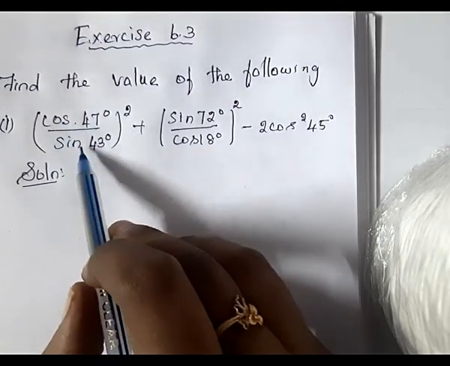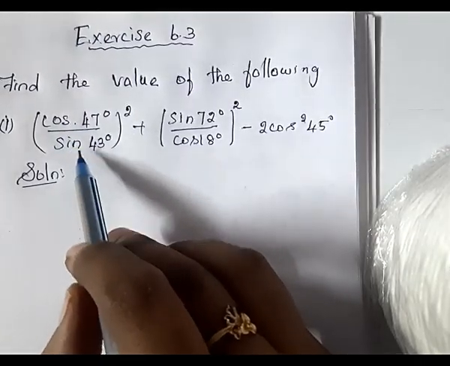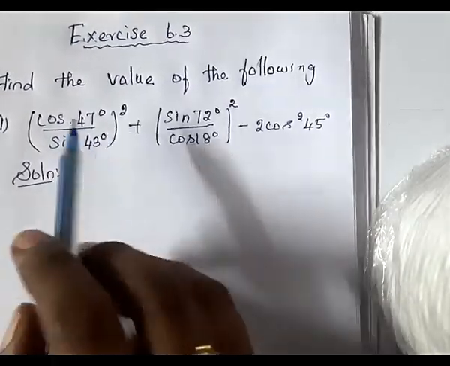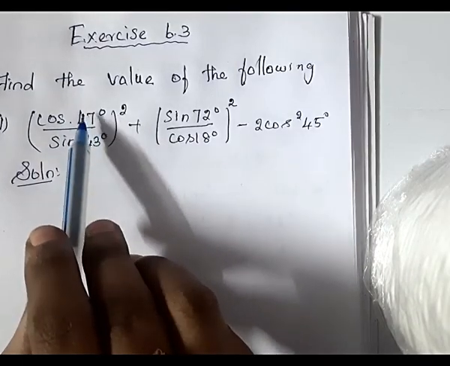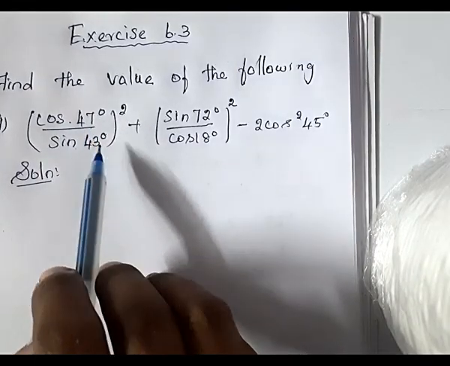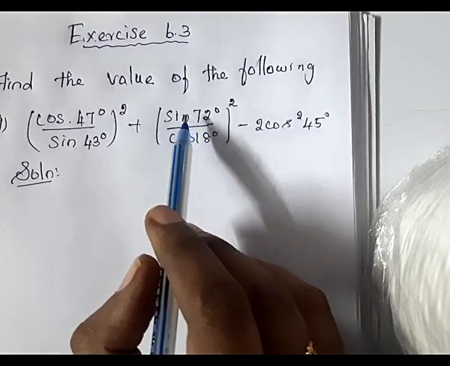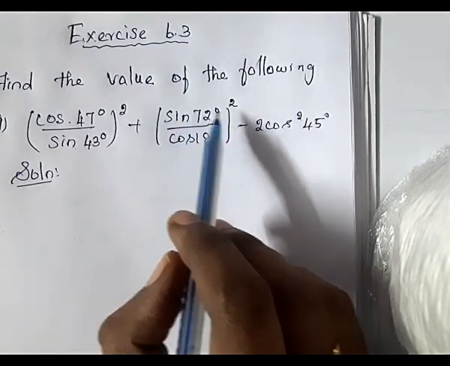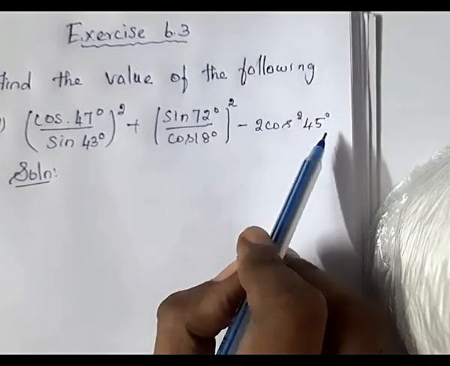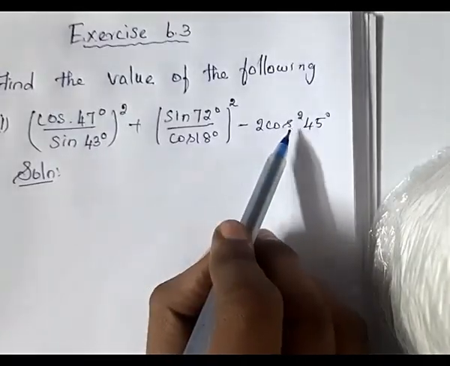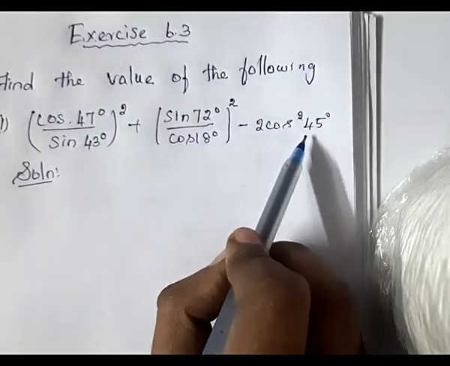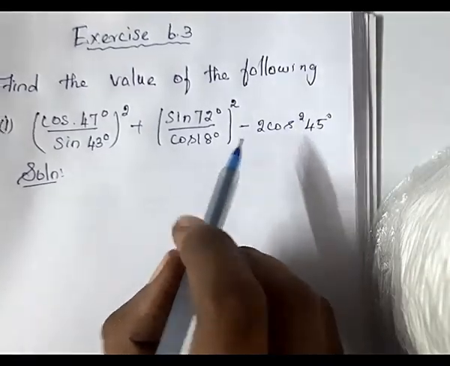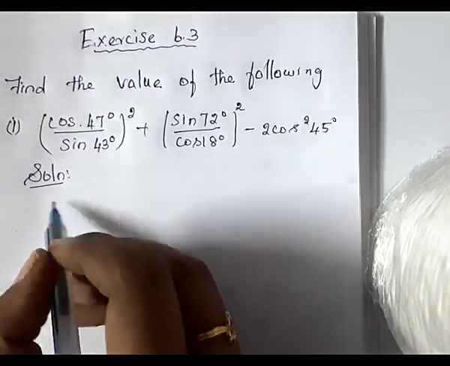You know sin theta and cos theta are complementary angles. So any one of sin theta or cos theta, we have to apply the value. Here the same, any one of sin theta or cos theta, we have to apply the value. You know the value of cos 45 degree. Using the ratio table, we can apply the value of cos 45 degree. Solution.